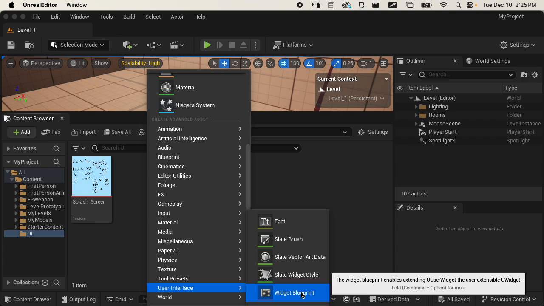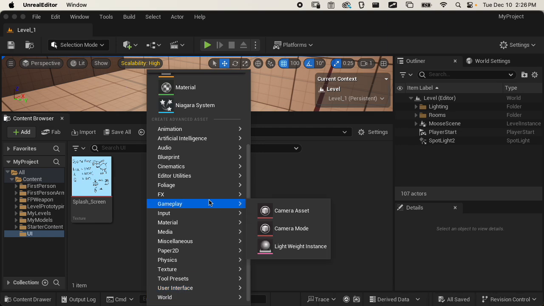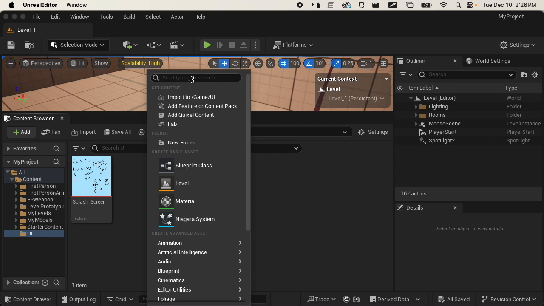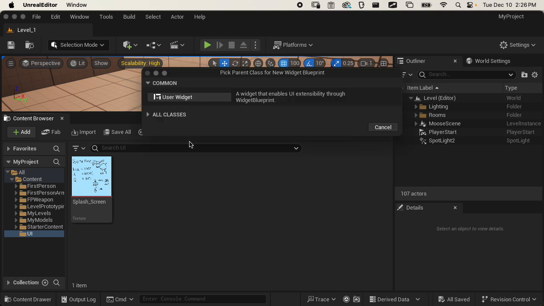So this is going to create a little widget, and blueprint is what Unreal uses to refer to classes, basically, like different objects. Godot doesn't really have the same thing. Godot organizes everything as scenes, but a blueprint is sort of like a scene that we add into other stuff, but we can also add visual code into the blueprint. So it does multiple things. So let's add in this widget blueprint. You can also find that by typing widget into this search bar, and you'll see a few different things. So we want this widget blueprint,